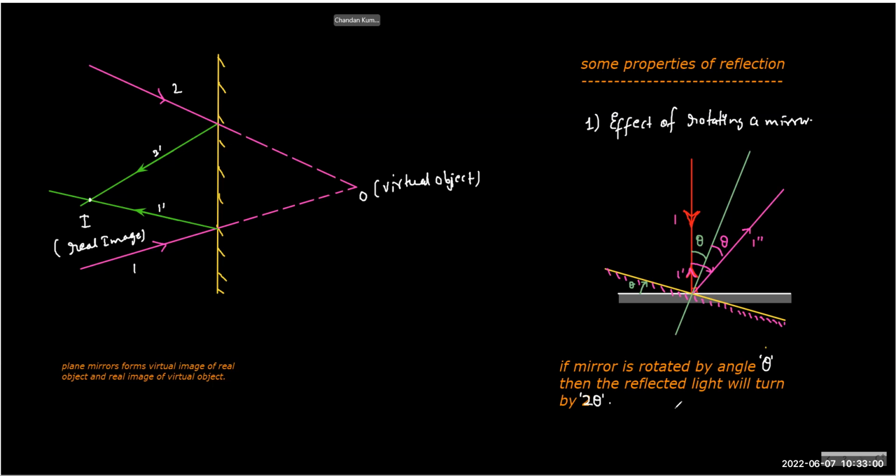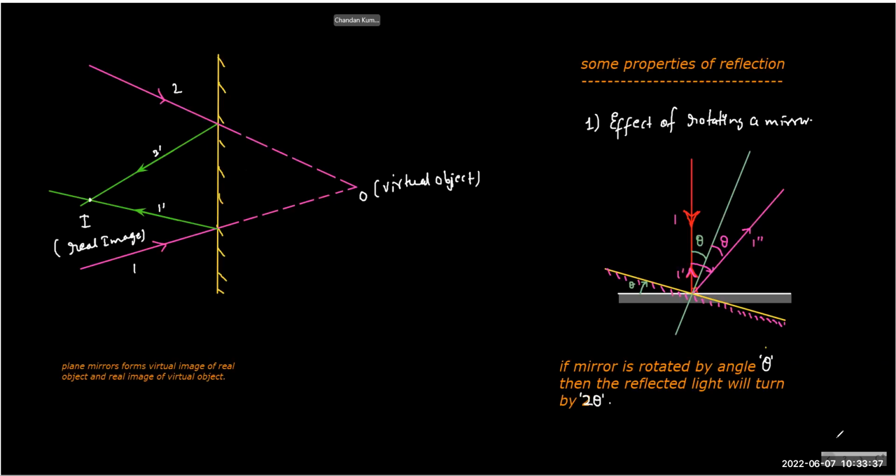So let's say if you want to rotate a light ray by 60 degrees, then how much must you turn the mirror? Only 30 degrees, isn't it? Yes. So for example, if we have a mirror like this, in exactly vertical position, and the light ray is coming exactly at a right angle, horizontally.